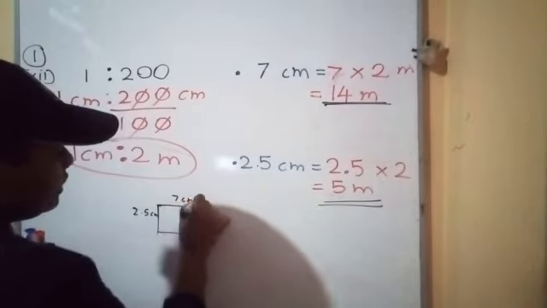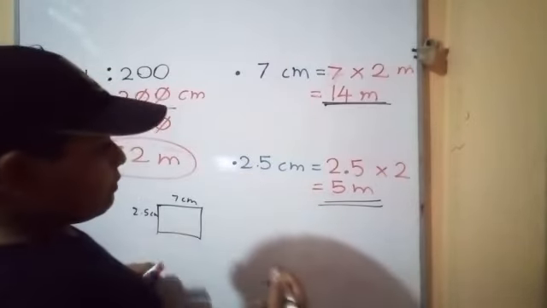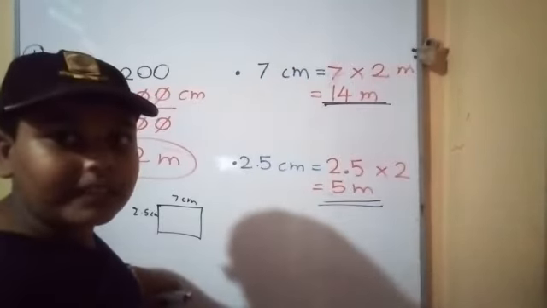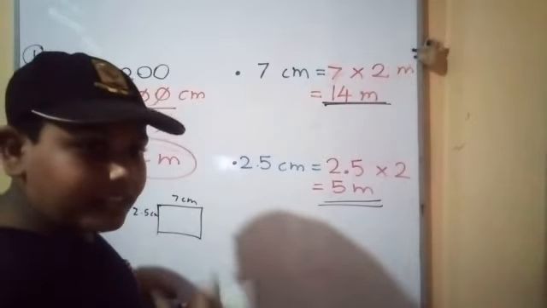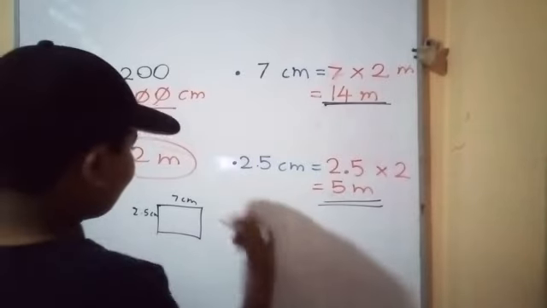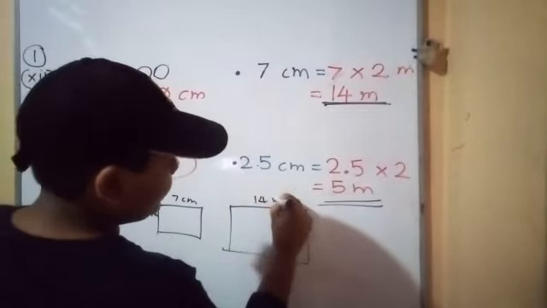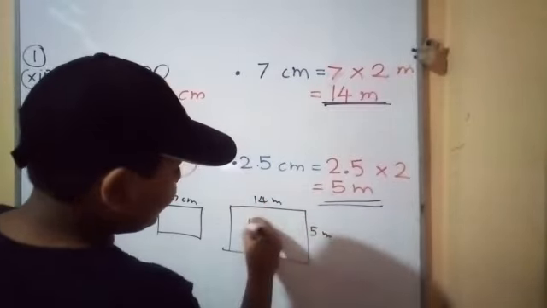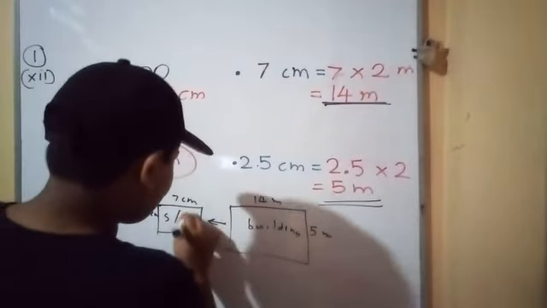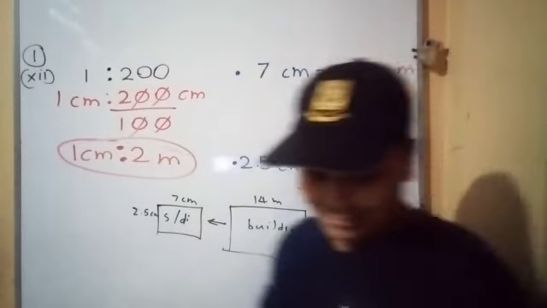ones. Now you want to get the scale diagram in there. Now find the actual length. That means this is the actual length, 7 centimeter and 2.5 centimeter. So you want to write their correct length for that scale. So that means the length is 14 meters, 5 meters building. That is converted into this small scale diagram. So that is the 12th sub-question.